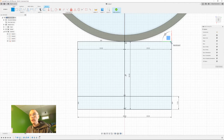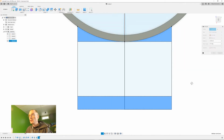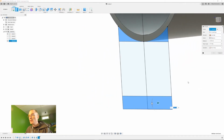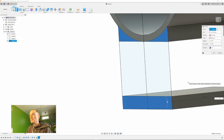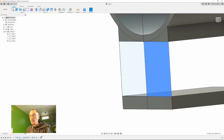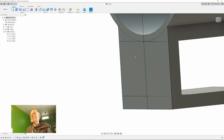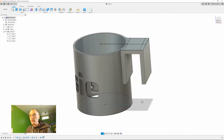And now we'll do line. Actually, we'll do extend. Extend that side and that side. So the basis of our back piece. So now we'll highlight the pieces. We'll do an extrude. And we'll go to the side so you can see this go in. We're going to go minus 45. We're going to join. We're going to bring back our sketch. Do another extrusion, minus 5. And there we go. So if we go to home, you can kind of see how that's going to clip